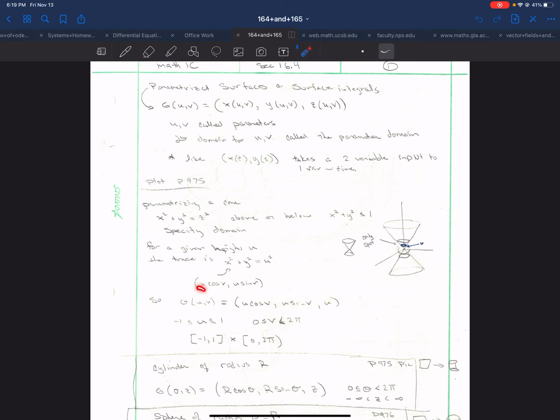Now, since u is the radius and z is playing the role of my radius, then here's my parameterization. So notice in the first slot here, that's just a circle of radius u. But that circle of radius u happens at a height of u. And so this works as the parameterization for it. And then, now what we have is, since we wanted x squared plus y squared less than or equal to 1, well,